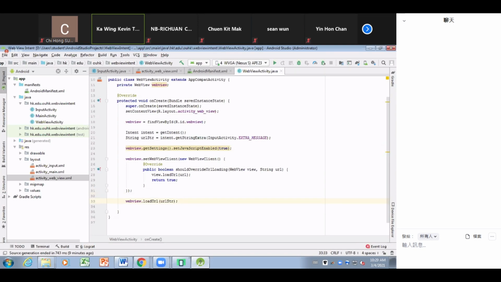And then after this setup, lastly, load the specific or particular web page that's specified by the user. Okay, webview.loadUrl, that is the URL that's provided by the user, which is obtained through the use of intent